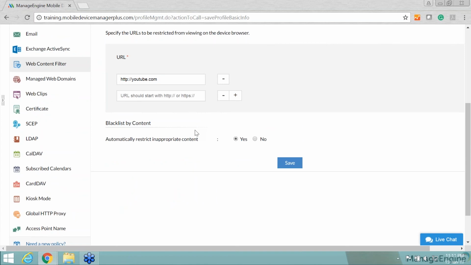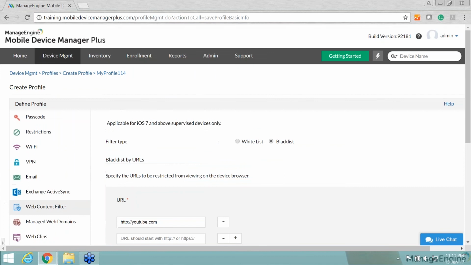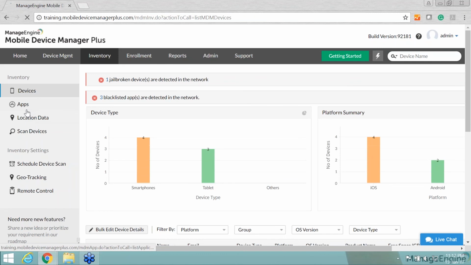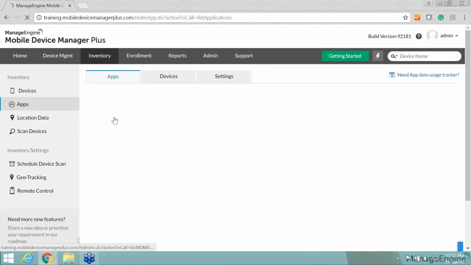Similarly, I can blacklist certain apps that have been found to be malicious. So I go to the Inventory tab. Click on Apps. So these are all the apps that are there in my network.